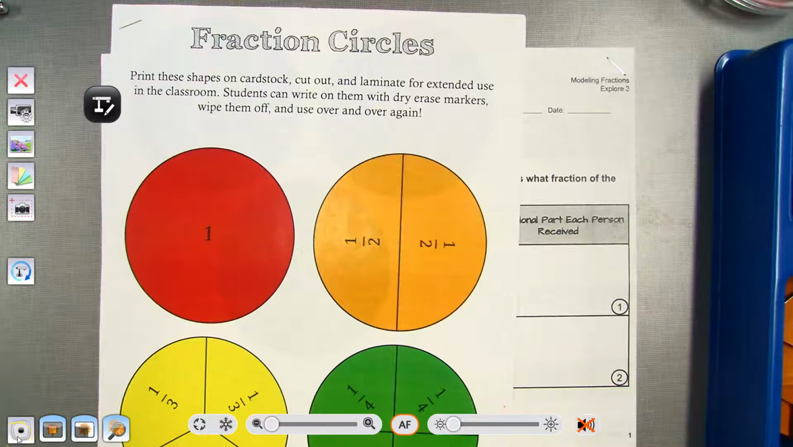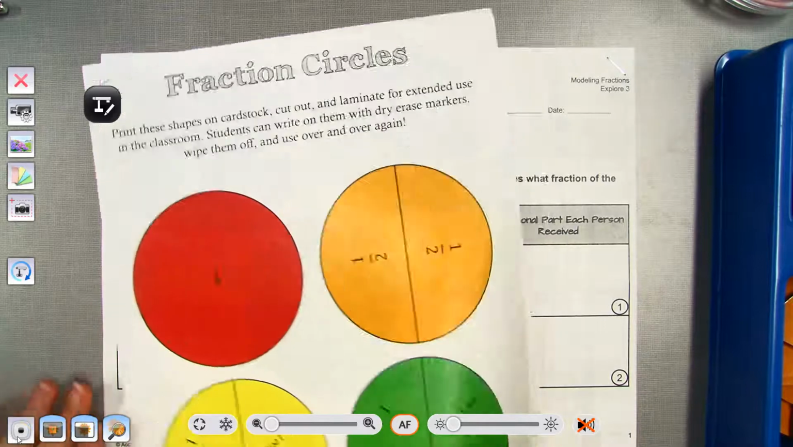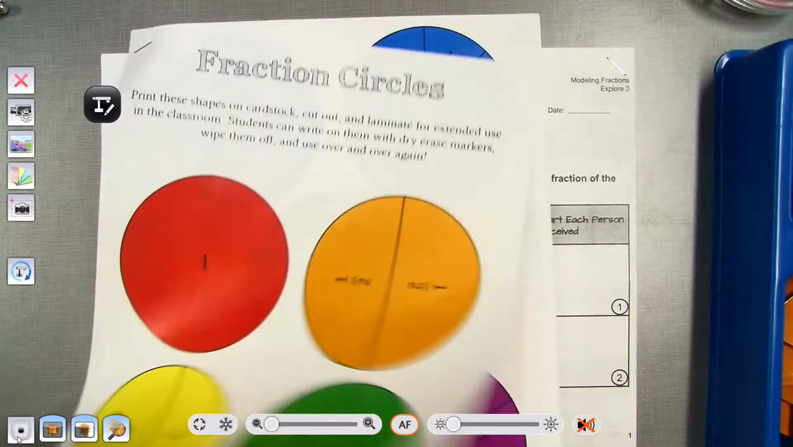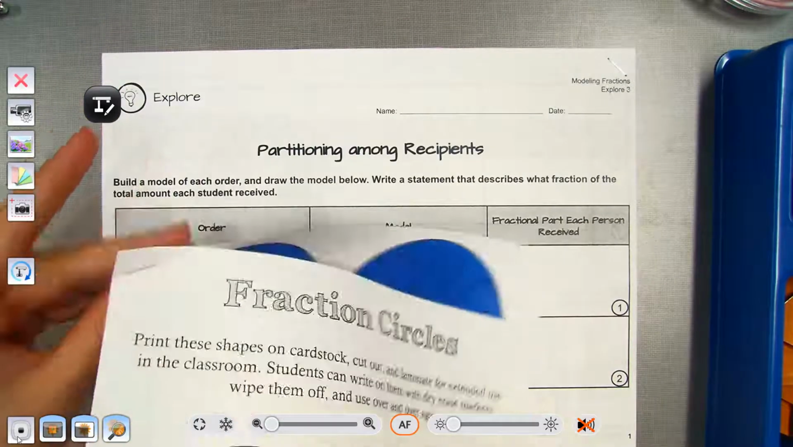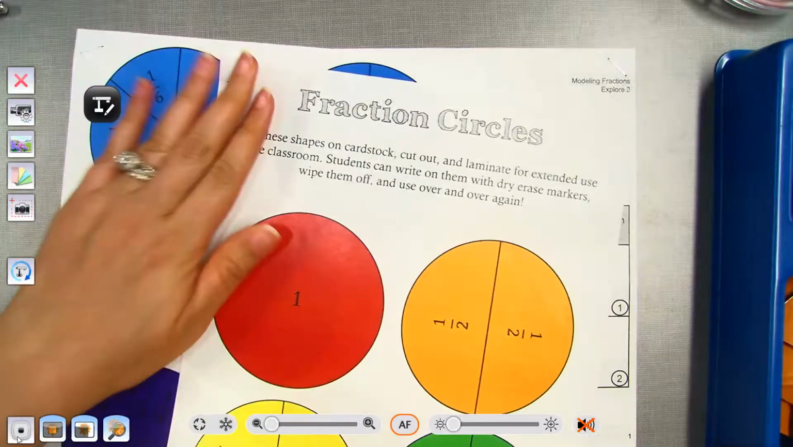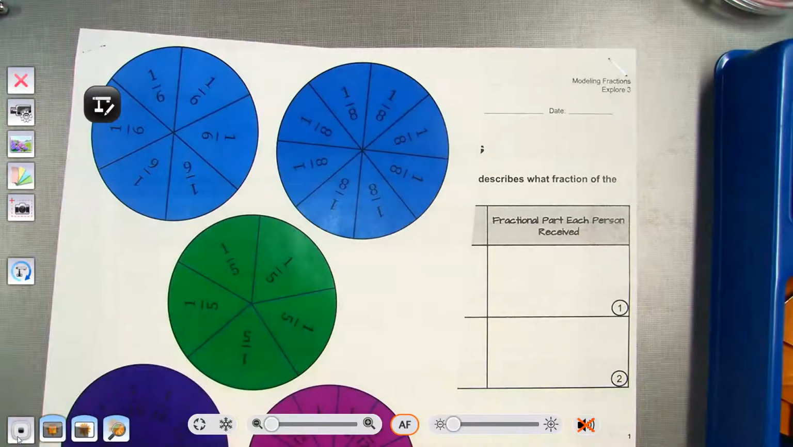Hey guys, so for this lesson that we're going to be doing, you are going to need these fraction circles. So this was included in your packet. It's 2 pages. I want you to go ahead and take out the pages. You are going to cut these circles out. They don't have to be perfect. You just need to cut the circles out